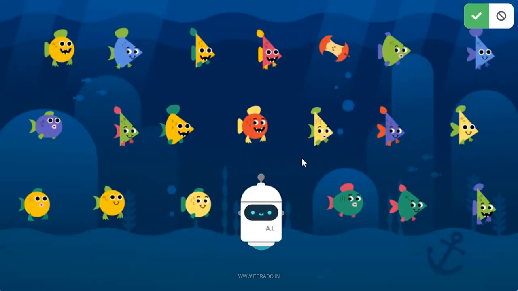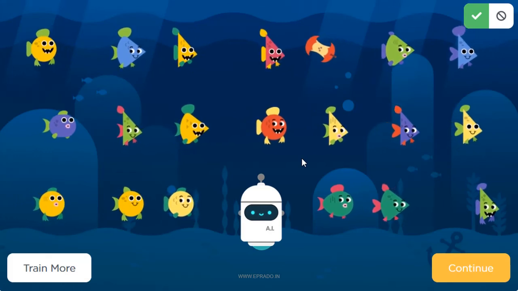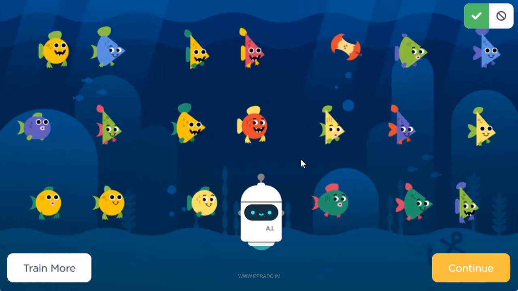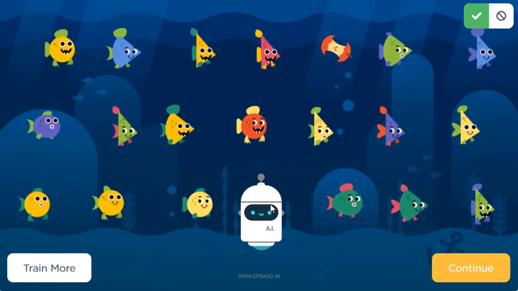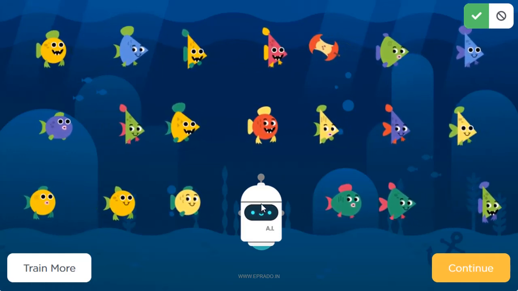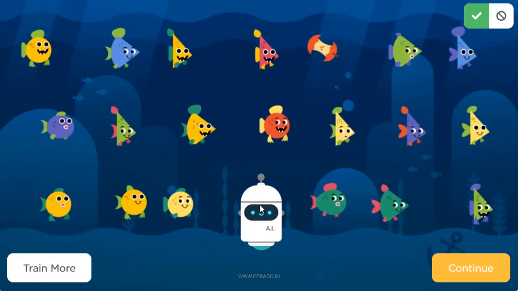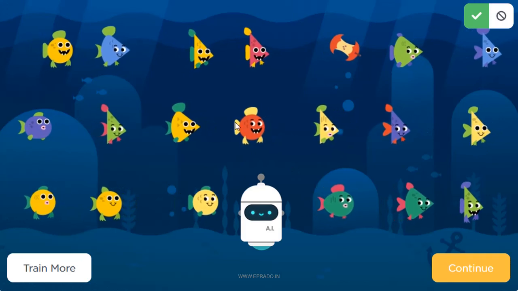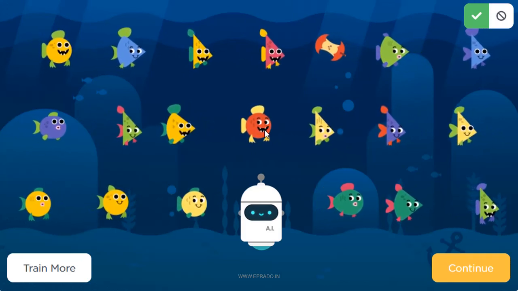Now we have seen the image that is showing the fishes that are stored in the computer's memory, that is the robot's memory. We have chosen the objects and the fishes separately.